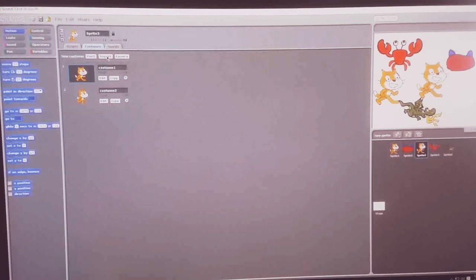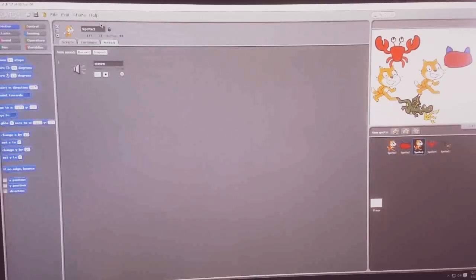You can import any picture or images you have already saved, or you can use the camera option also. Sounds also you can use, the sounds option. Any sound you can make, so that your games or cartoon images will be attractive and good.